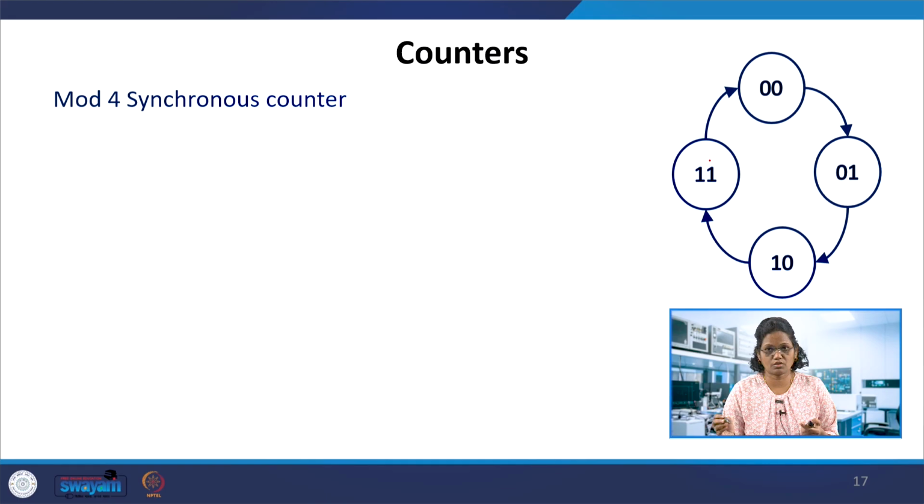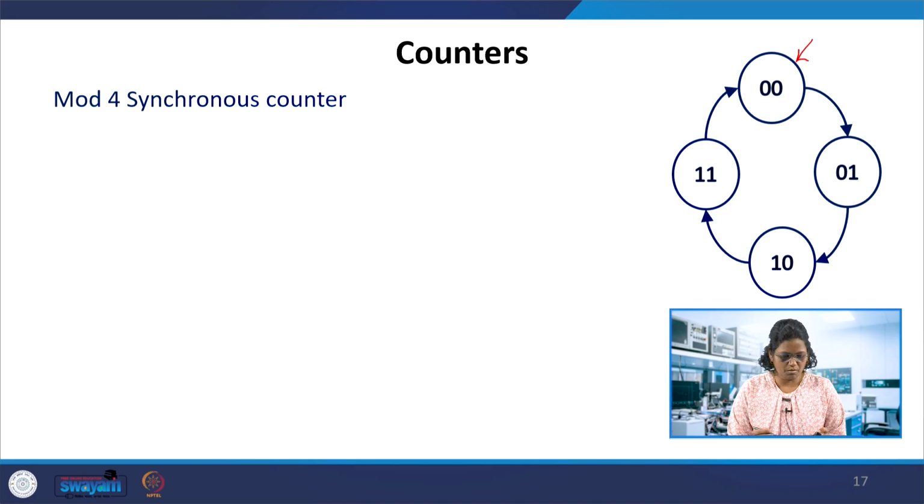So this counts 00, 01, 10 and 11. So this is the counting cycle. First we can introduce reset also. If you reset, it should return to the same point. If reset is 0, then it starts moving with respect to the clock edge. The input needs to be 1 to make it move to the next state, or if it is 0, go back to the previous state. All these designs can be done in the counter.